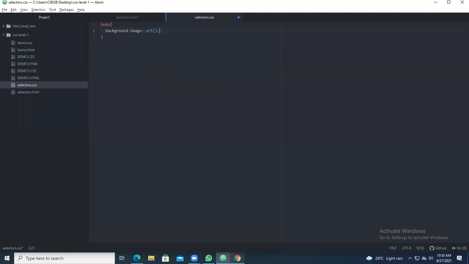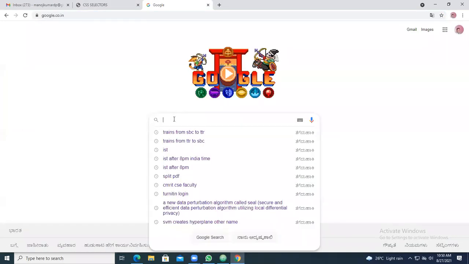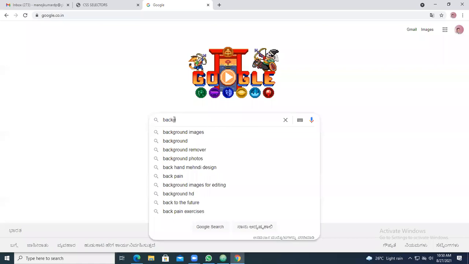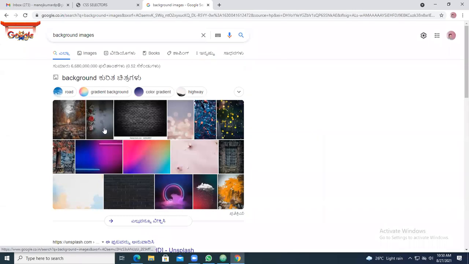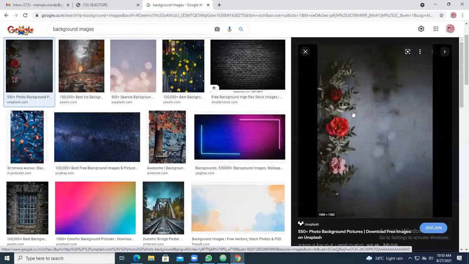Go for some particular images. Go to Google and type background images. Search for background images here. In that I have taken this particular one. I don't think this will work because all the contents are on the left side, so I won't take this one.